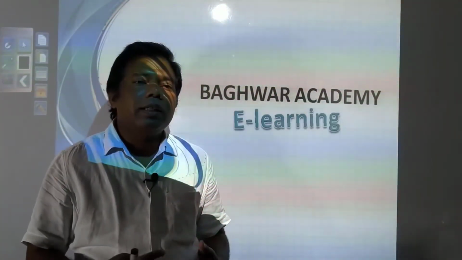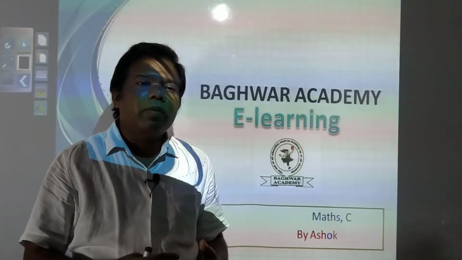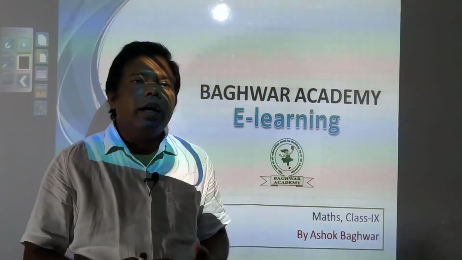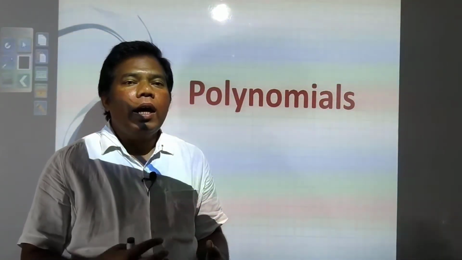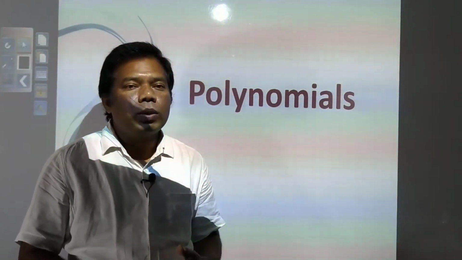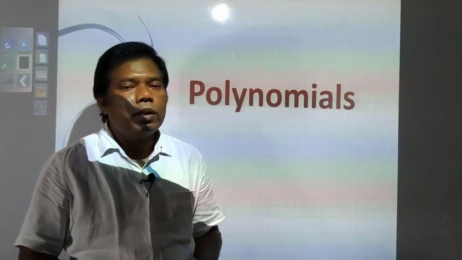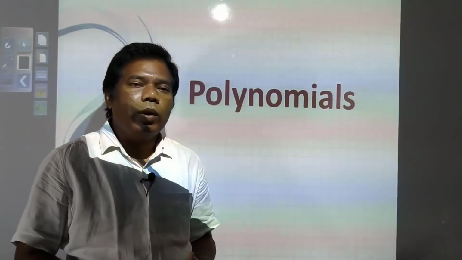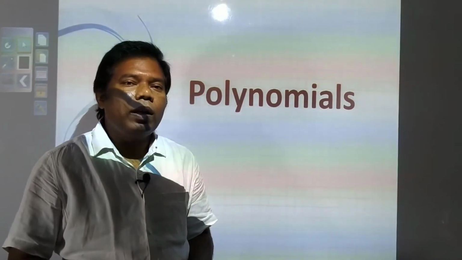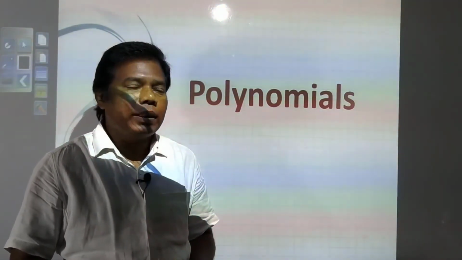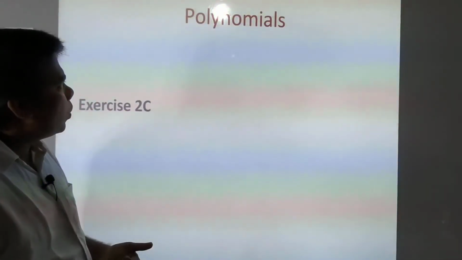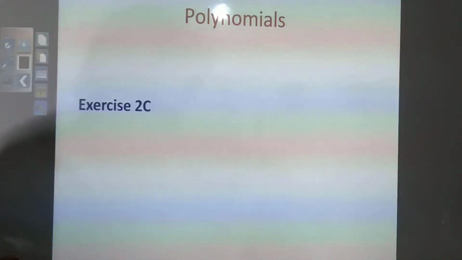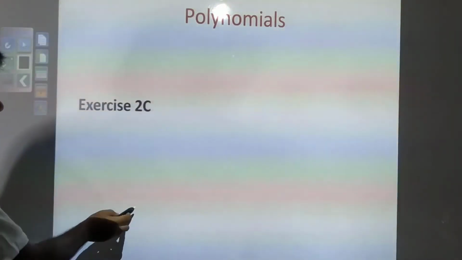In last class we had seen the division algorithm, and even some examples also, and it was told that the remainder theorem and factor theorem you don't have to study, but a few examples we had already seen, and it was told to start exercise 2C. I had told you that 2 questions are important and required to be done, and the rest of the questions you are doing will be for your benefit, and if you are not doing them, that is not so important for the exam, but 2 questions were important. So let's see exercise 2C, 2 questions we will try to understand, and the rest of the questions if you wish you can do.